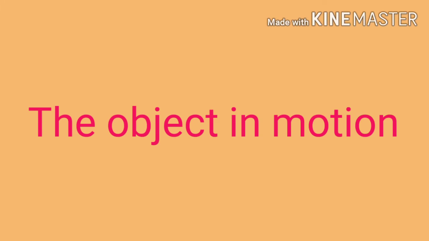Now you have already made a list of some objects. Among those, make a separate list of objects which are in motion. You must have written car, scooter, cycle, and if you are thinking about living things, cat, butterfly, etc. But I want to say some other objects also, like fan, clock, sewing machine.